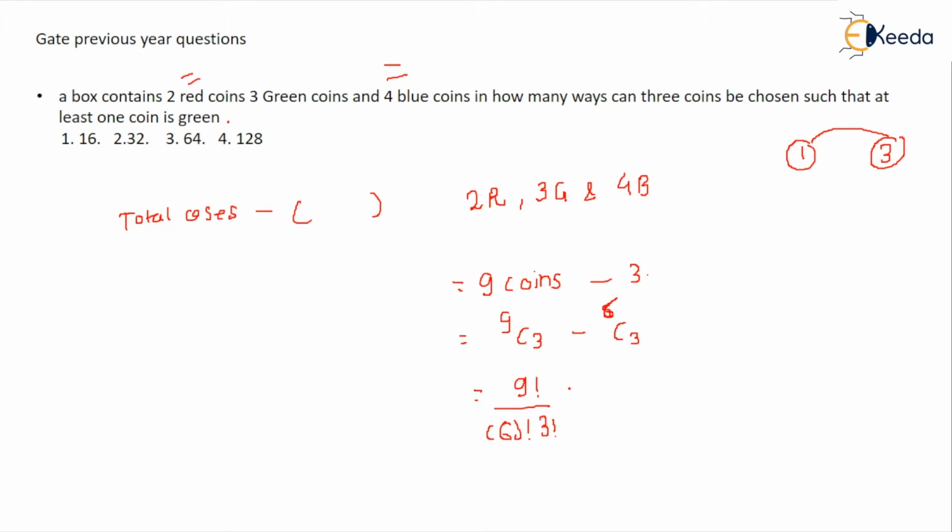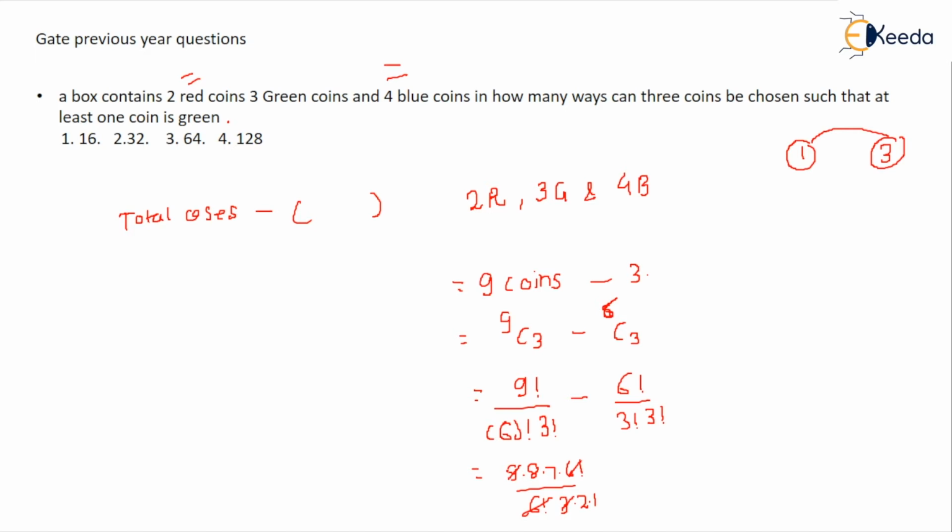This is the formula that we have solved in the previous questions, and this is the way I told you how to solve this factorial sum in the previous question. You can see that. Okay, minus 6C3, so 6 factorial upon 3 factorial into 3 factorial. So this comes out to be 9 into 8 into 7 into 6 factorial upon 6 factorial. So this 6 gets cancelled, and 3 factorial is 3 into 2 into 1.